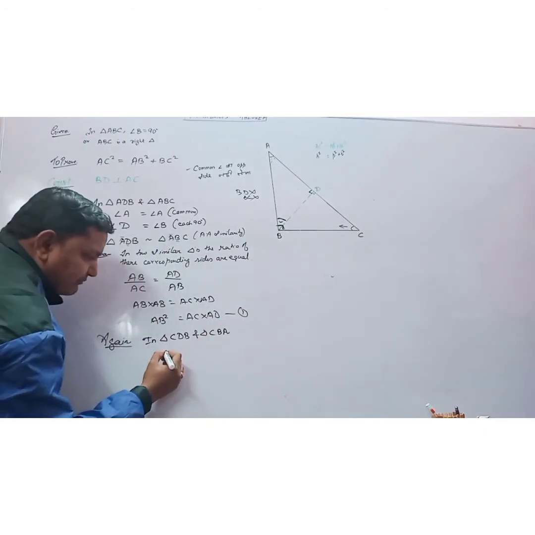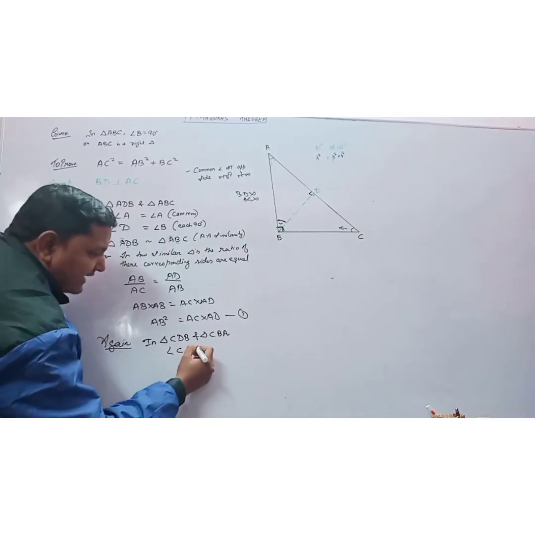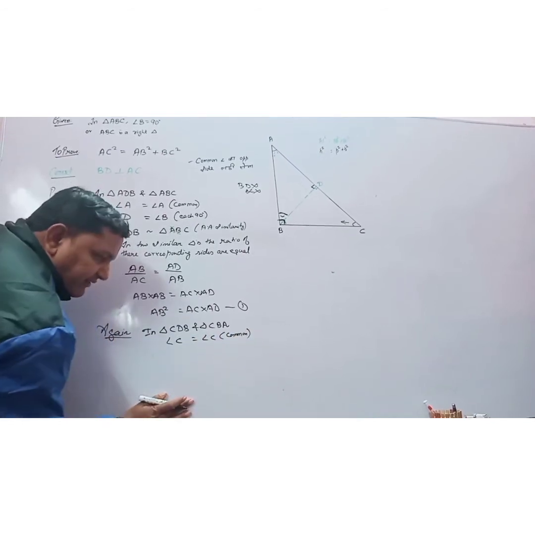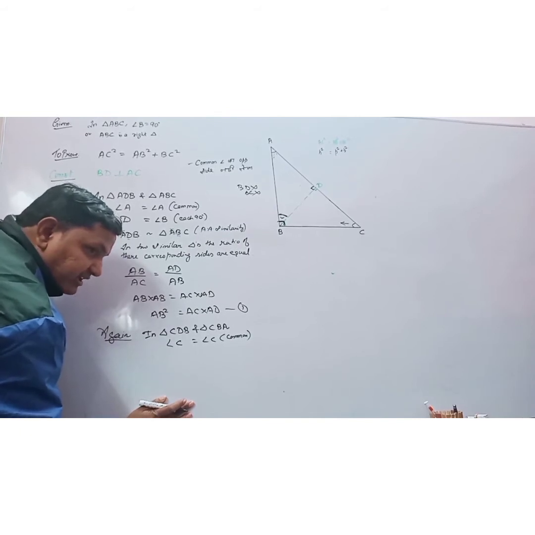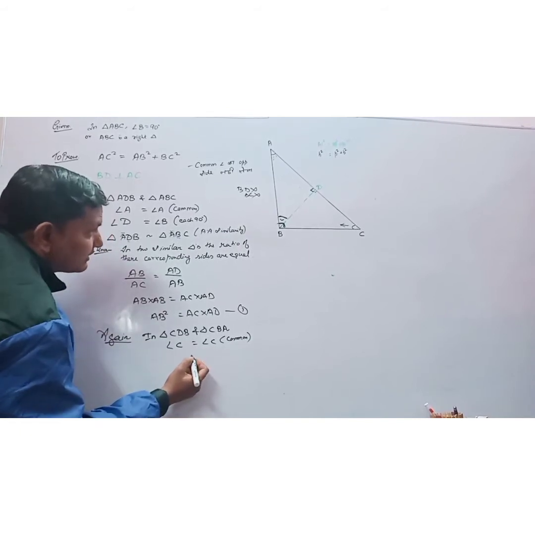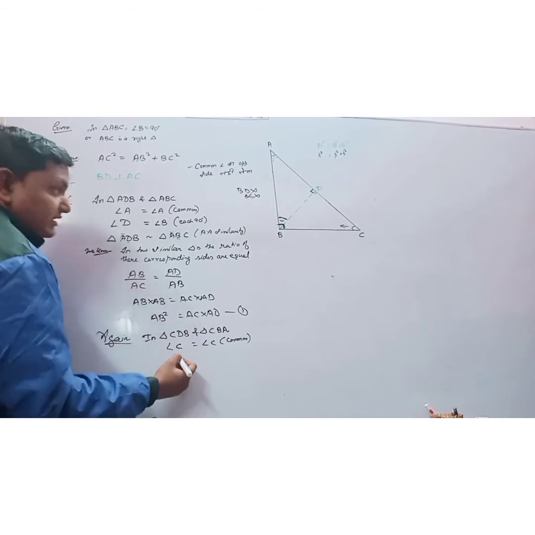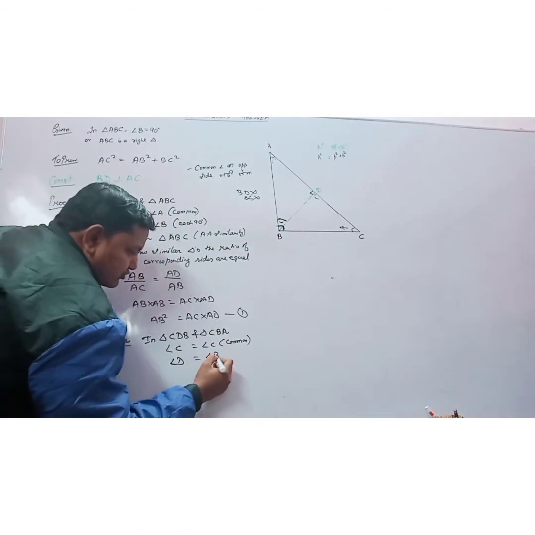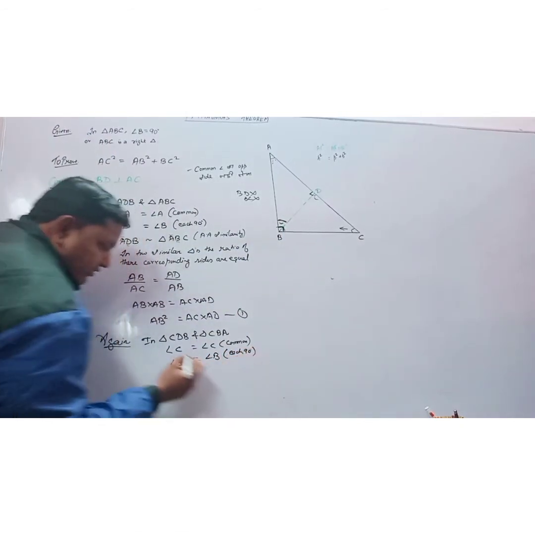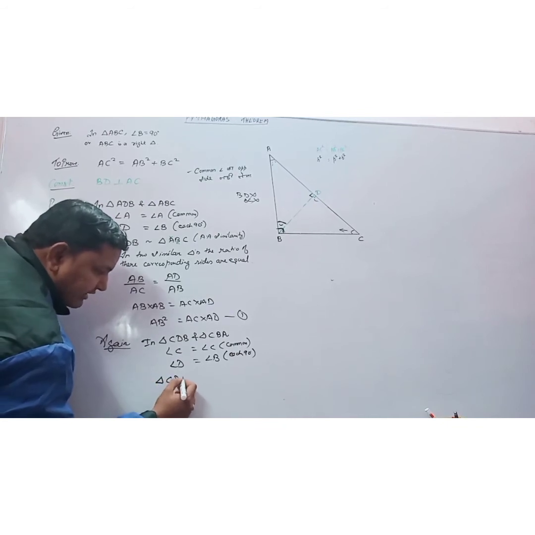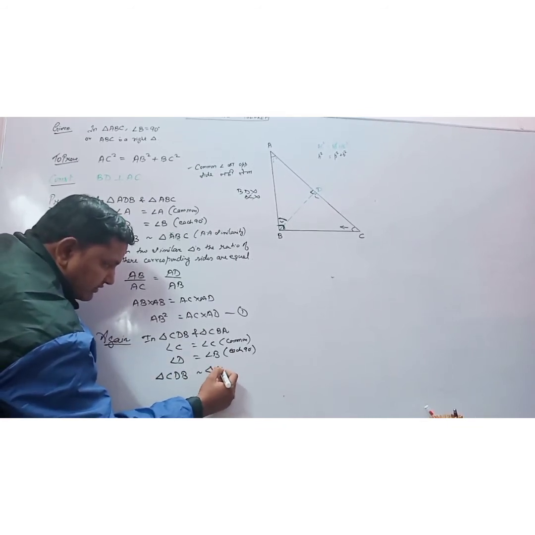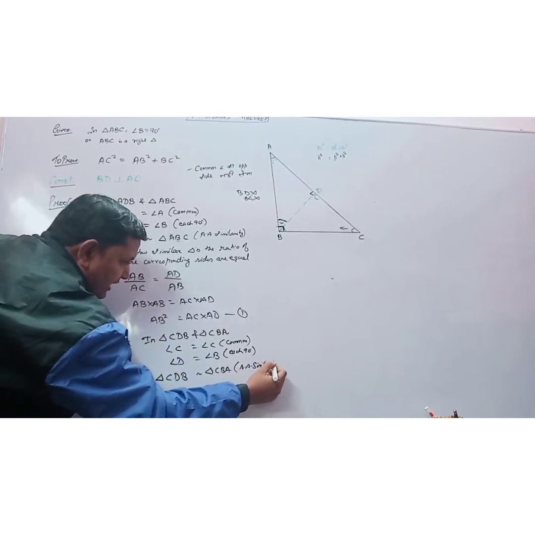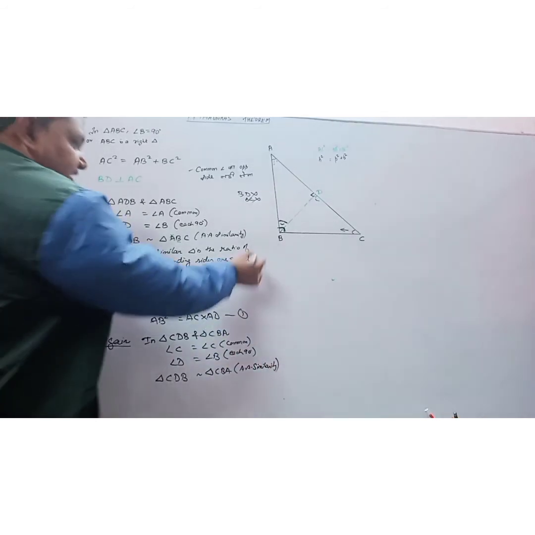Again the same case we are going to prove similarity. Okay. Angle C is equal to angle C. What? Common. Okay. What trick I have given? Common angle's opposite side we don't have to take. Interested. Now after that, in the small triangle, angle D is 90. This one is 90. In the big triangle, angle B is 90. Each is 90. So we have two angles. Triangle CDB is similar to triangle CBA by AA similarity.